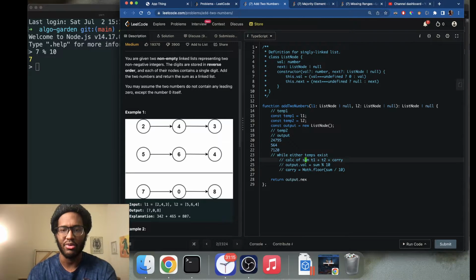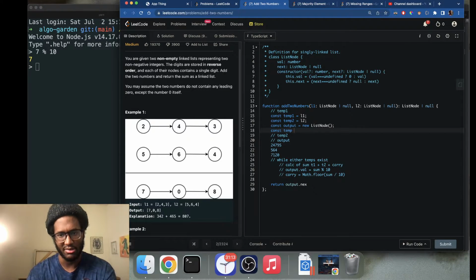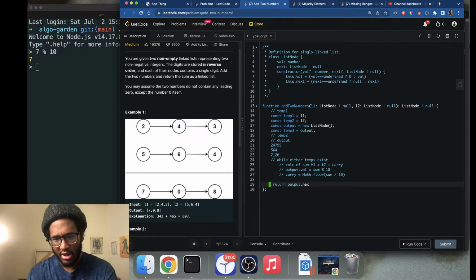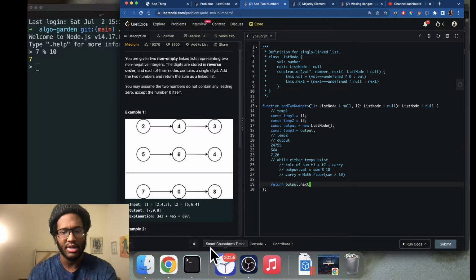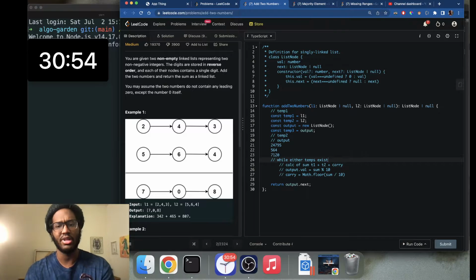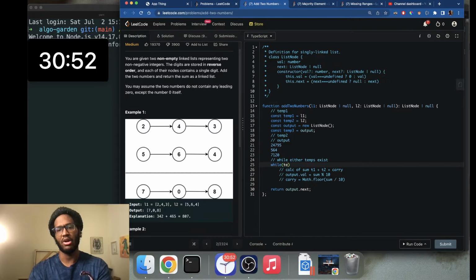Or we actually need another one, we'll just call it const temp3 equals output, and then you can return output.next. Return output.next, and then we said, well, either temps exists, so while temp1 or temp2,